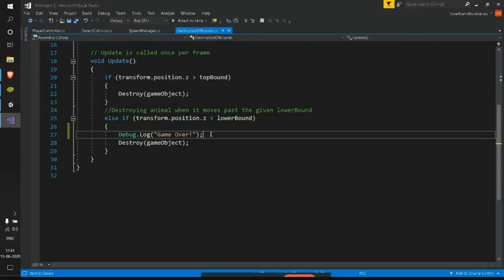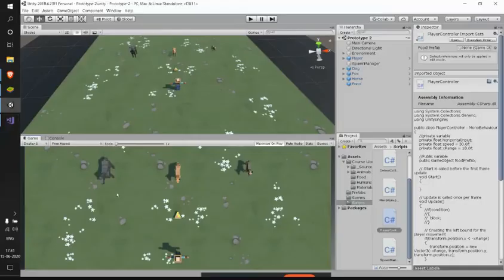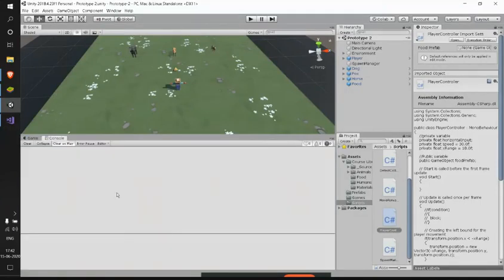We are just sending a message saying that the game is over, and this message will be displayed in our console. We can find the console by pressing Control plus Shift plus C, and we have three things here: messages, warnings, and errors. By doing Debug.Log, we will be sending a message.